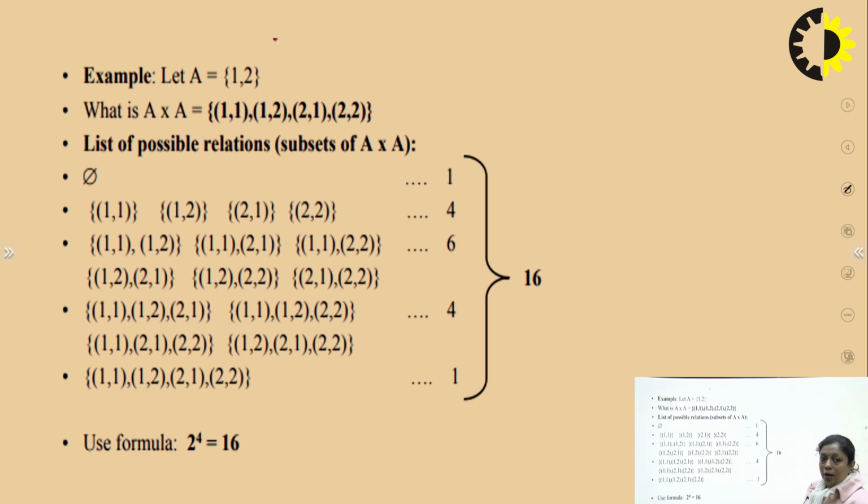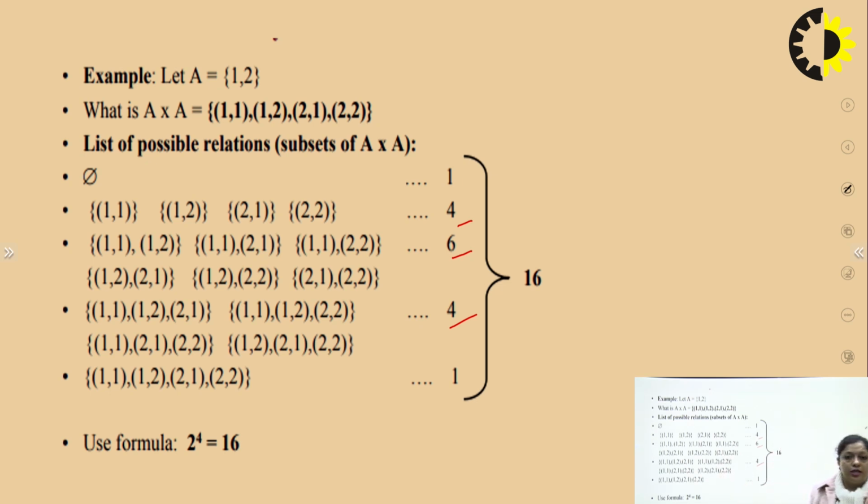So this is 1. Then the number of relations which have only one ordered pair. So there is a possibility of 4 such relations, that is (1, 1) can be there, or only (1, 2) can be there, or only (2, 1) can be there, or only (2, 2) can be there. So the total number of relations which are having a single ordered pair can be 4. The same way for the relations having 2 elements, they can be total 6 such relations. The relations which are having 3 elements, there can be 4 such relations, and then we can even have the